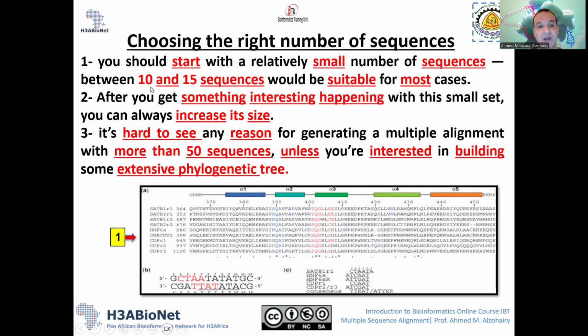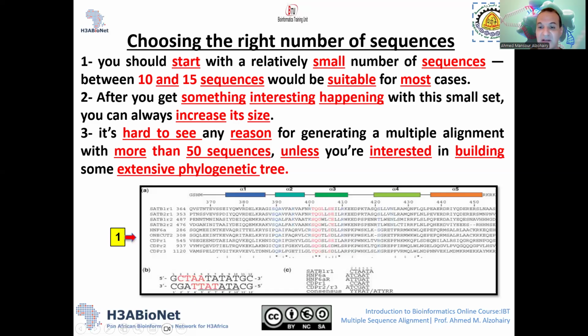First of all, if you would like to choose the right number of sequences, as we said in the beginning, it's from 10 to 15. This is good for a start and suitable for most cases. For multiple sequence alignment, this is the right number. After you get something interesting happening, you can of course increase the size, and it's hard to see any reason to have more than 50, unless of course